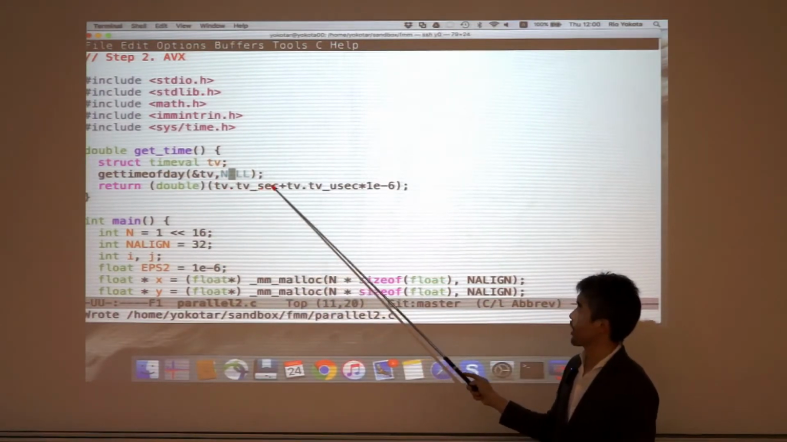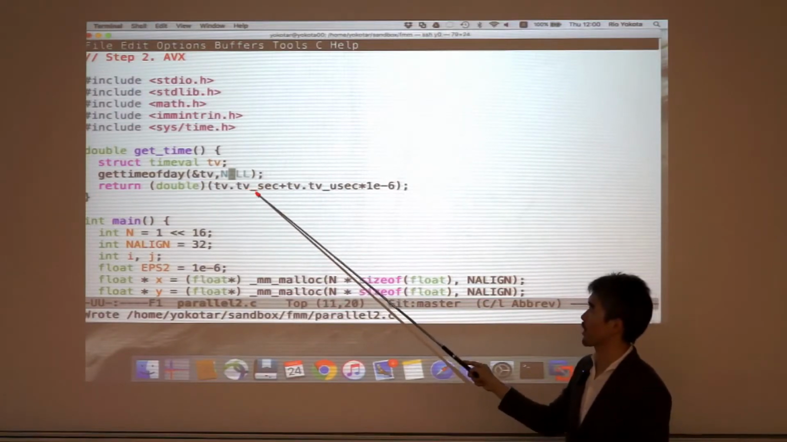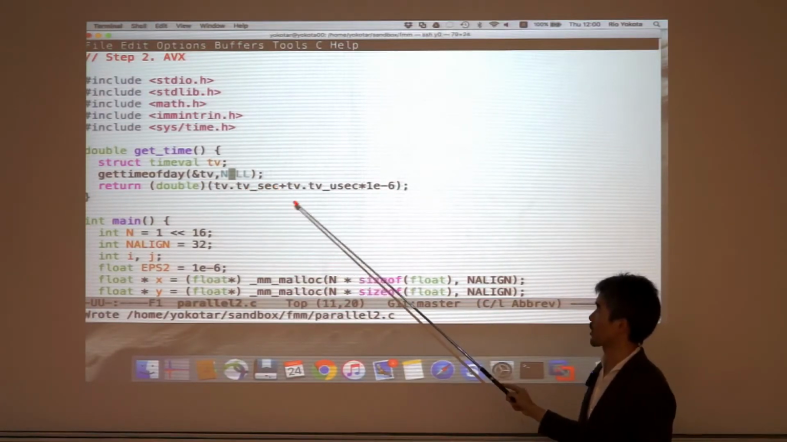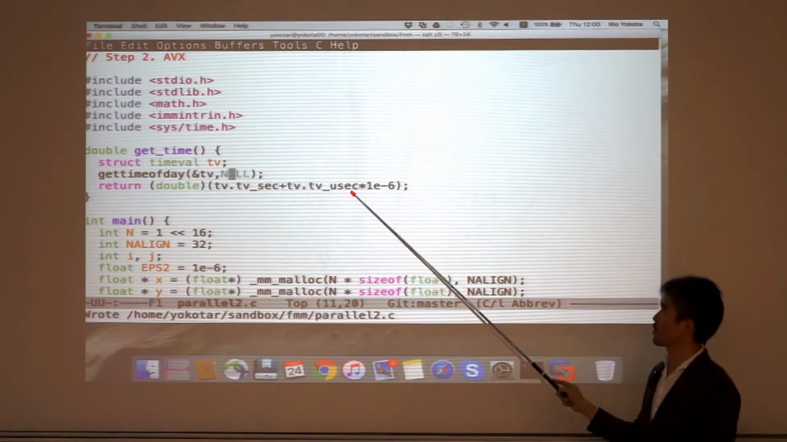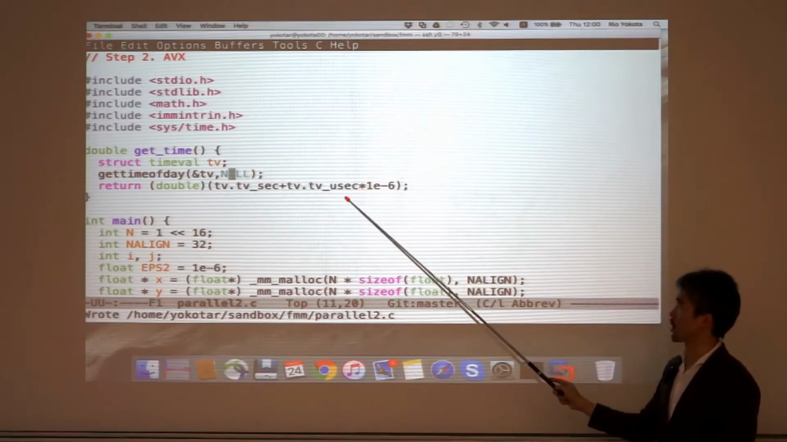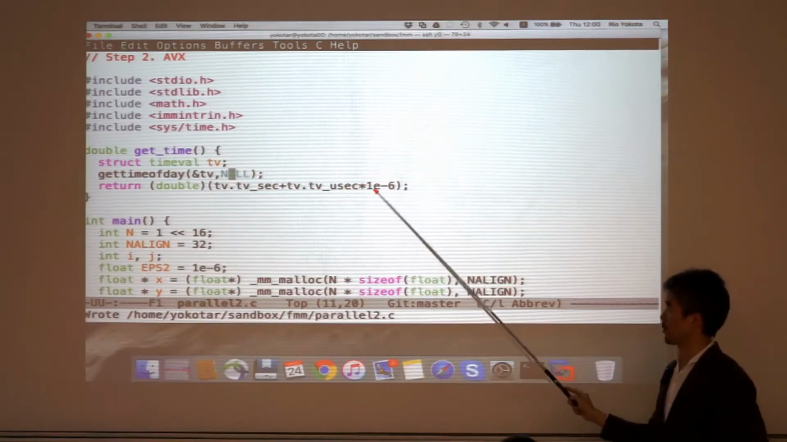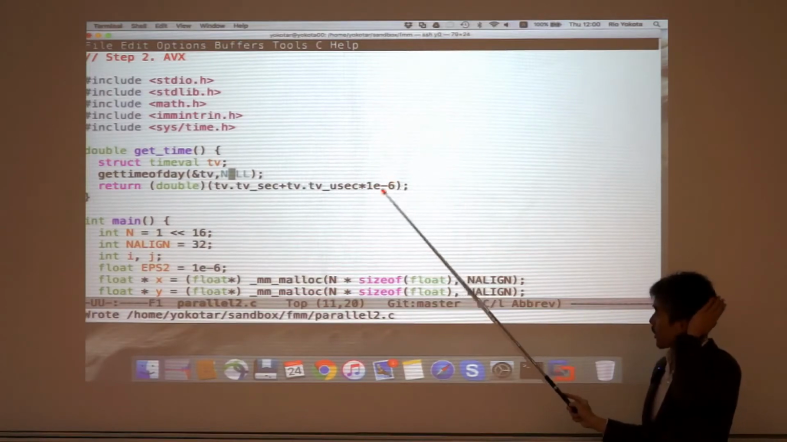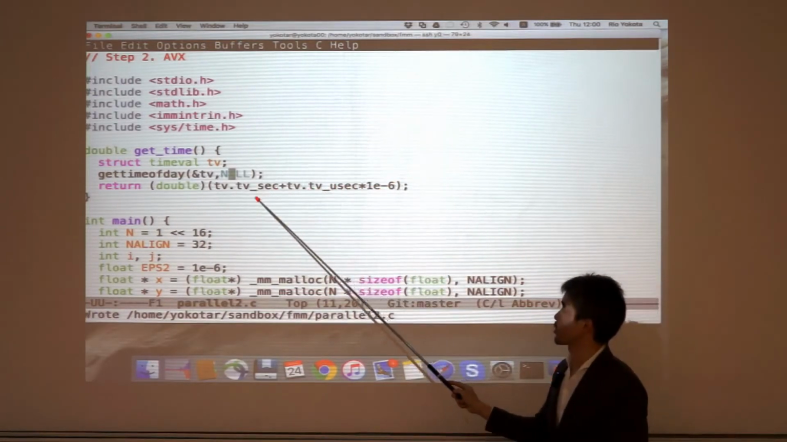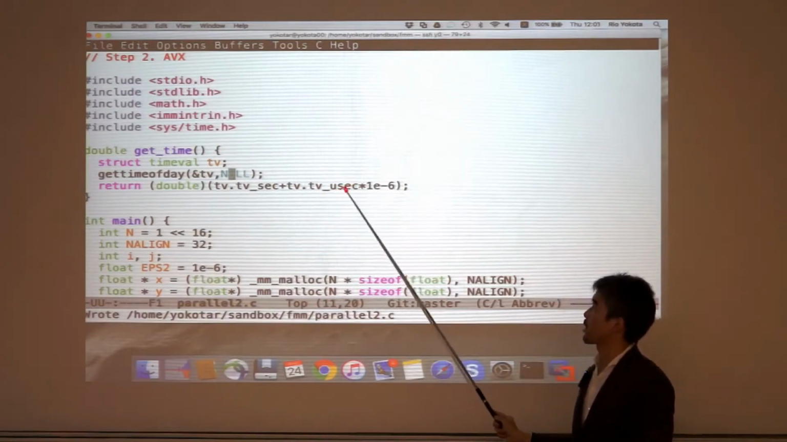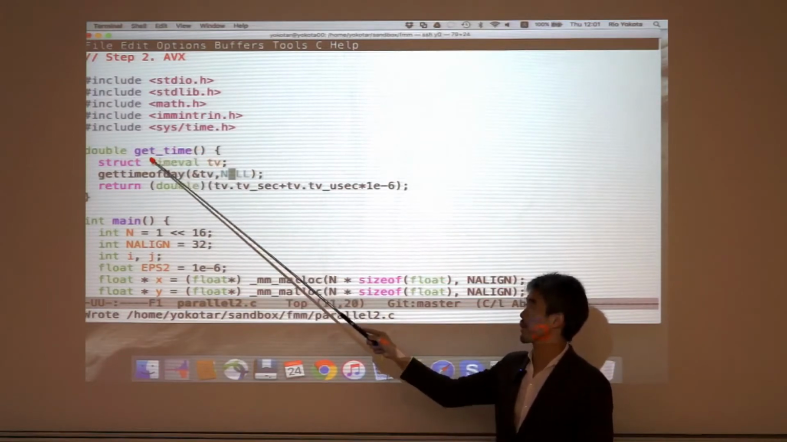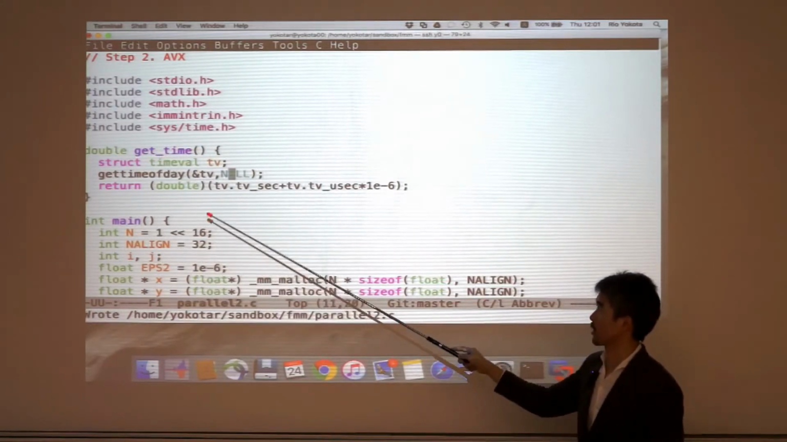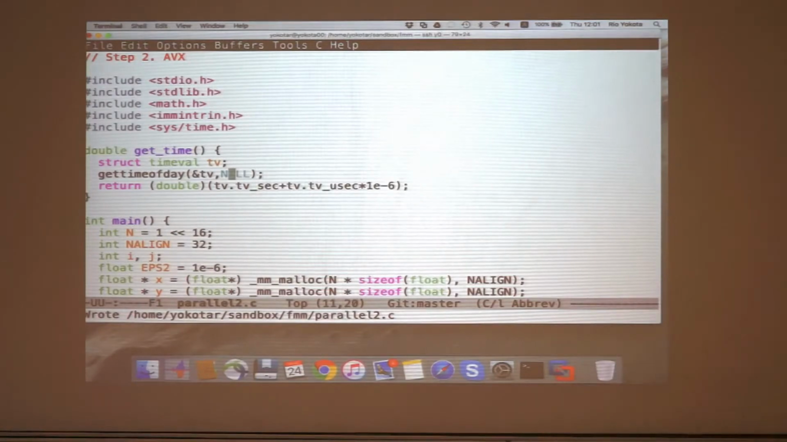It's a structure that contains the seconds inside tv_sec, and it contains microseconds in tv_usec. And all you need to do, because this is microseconds, is multiply by 10 to the minus 6, and add those two, and you can get a very accurate microsecond-order measurement if you subtract. So say you call gettimeofday at the beginning, like I will do now,